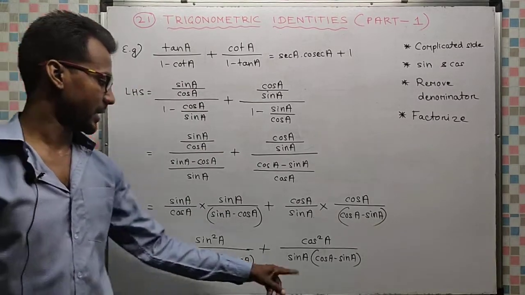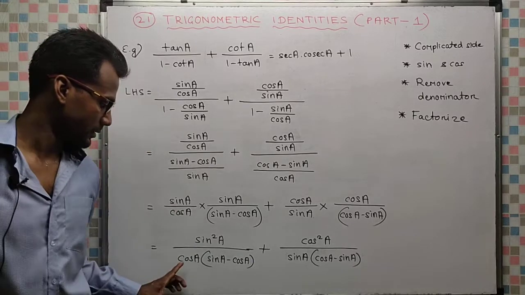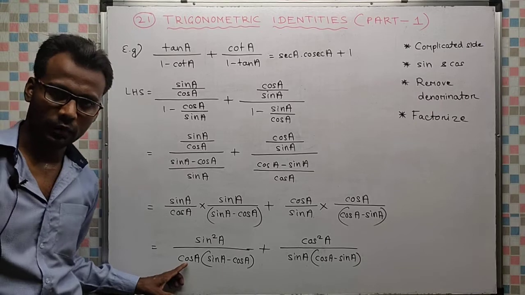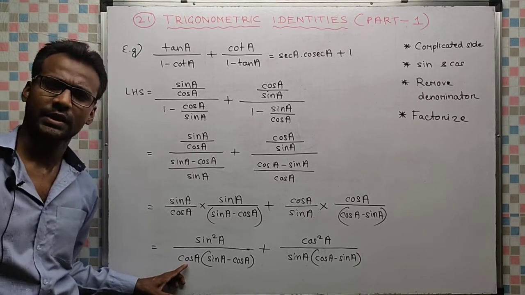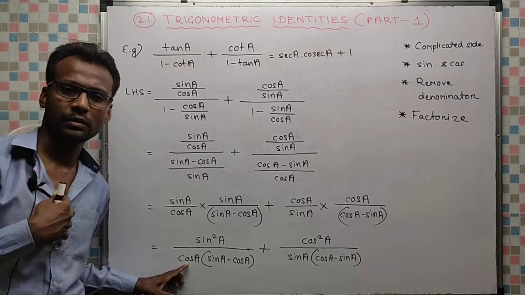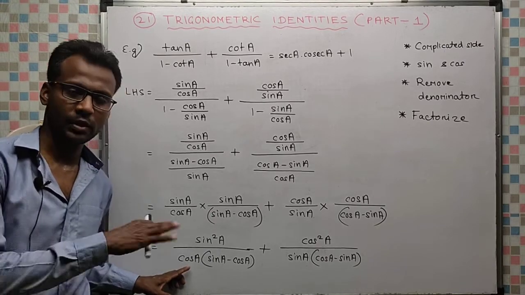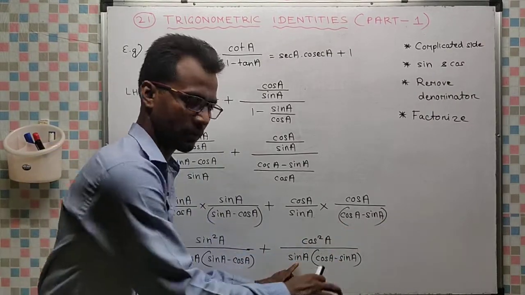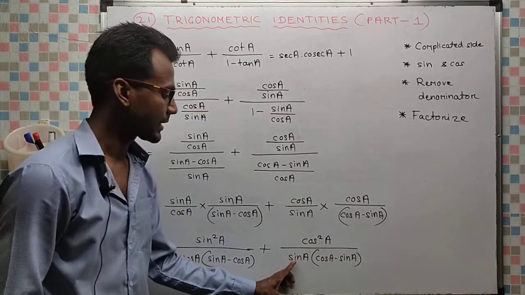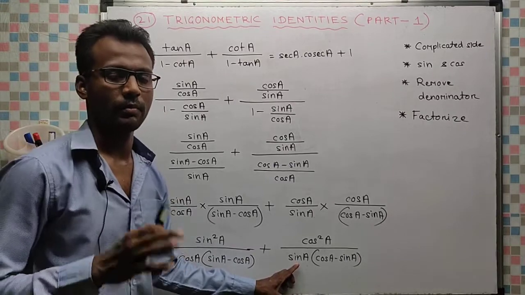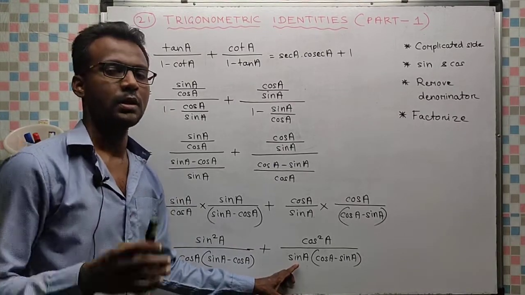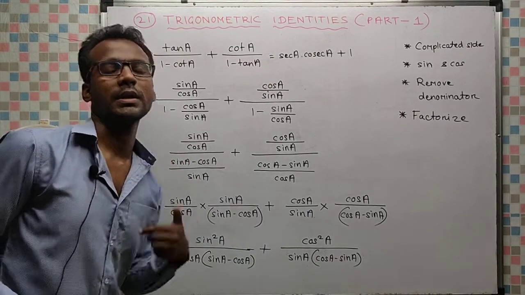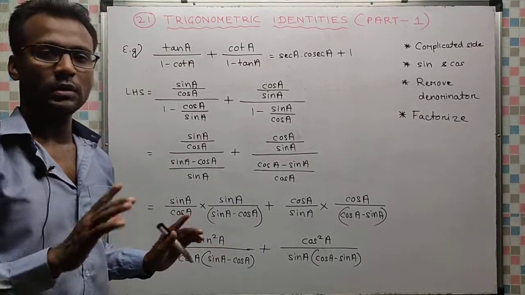now see, this cos a sin a are not a problem to us. 1 by cos a means simply in the denominator we have cos a, 1 by cos a means secant. So whenever we want we can take it up by putting secant. Similarly here we have 1 by sin a. Forget this cos square, forget this cos a minus sin a. We have 1 by sin a. It is not a problem because 1 by sin a can be written as cosecant a. So whenever we want we can take it up, no problem. But what about sin a minus cos a and cos a minus sin a? Anyhow we have to remove these two.